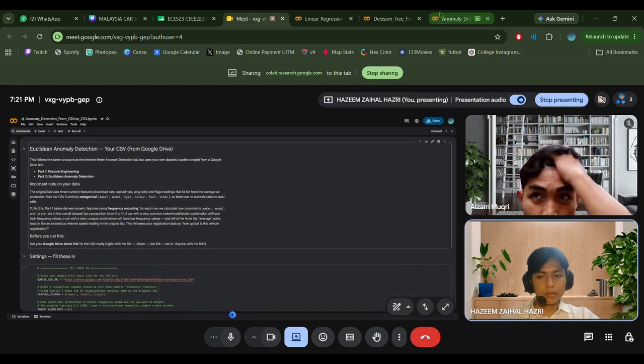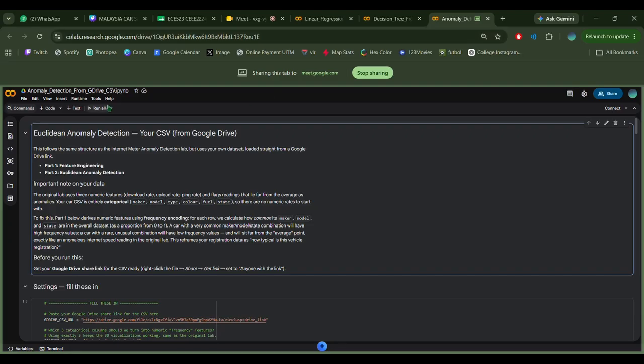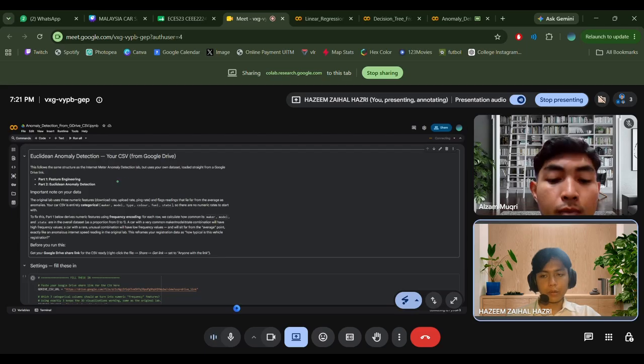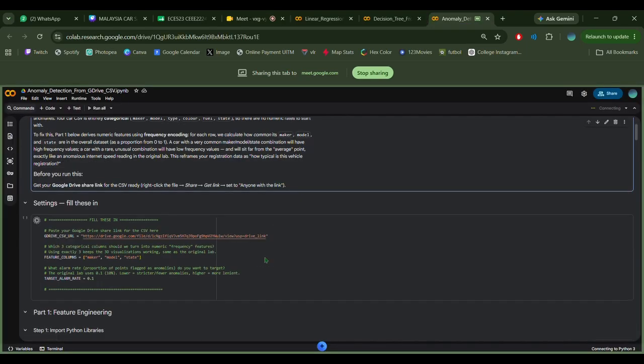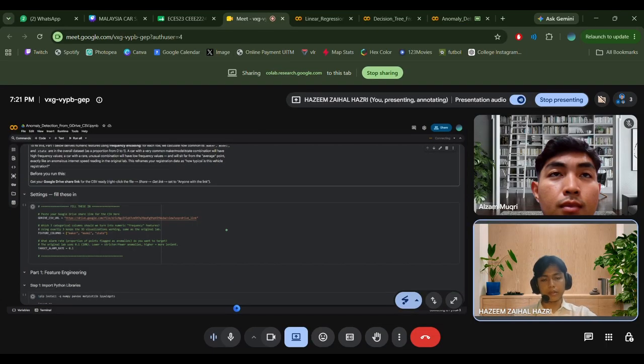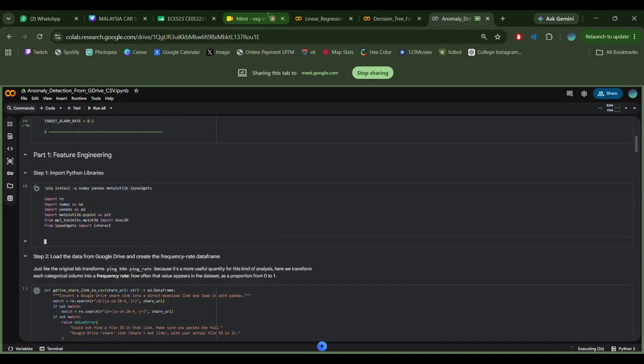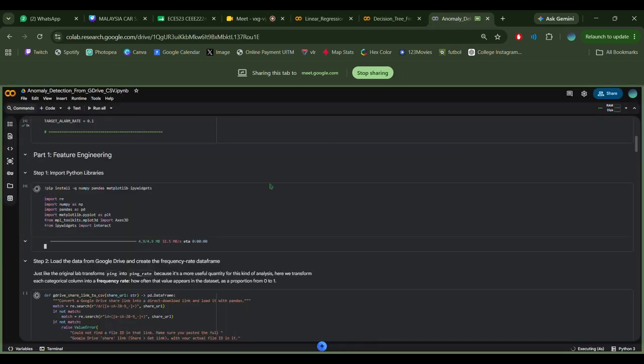Lastly, we have the anomaly detection. So likewise, I have to click run all, so it will read the CSV datasheet from our Google Drive. After that, it will import the Python libraries.